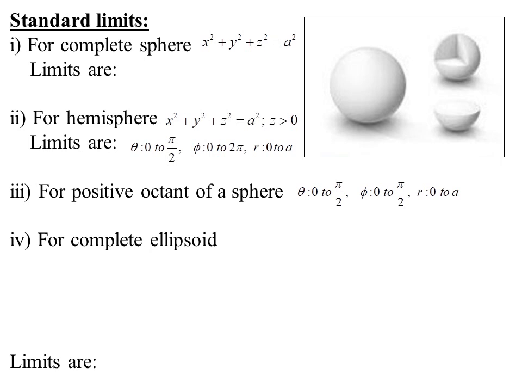Theta, which is the inclination of OP with the positive x-axis, drops down to 0 to pi by 2. Phi will vary from 0 to 2 pi, as the hemisphere still has its base as the xy plane. So the inclination of OM about the positive x-axis remains the same, 0 to 2 pi. And radius will vary from 0 to a. Though it is a hemisphere, the radius will not alter. So these are the limits of the hemisphere.